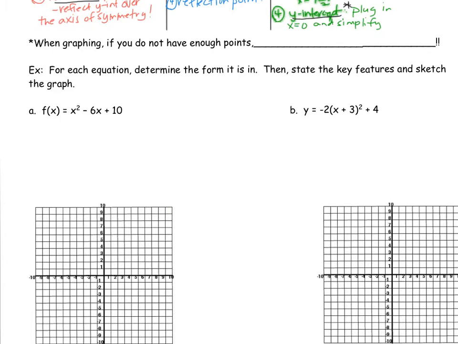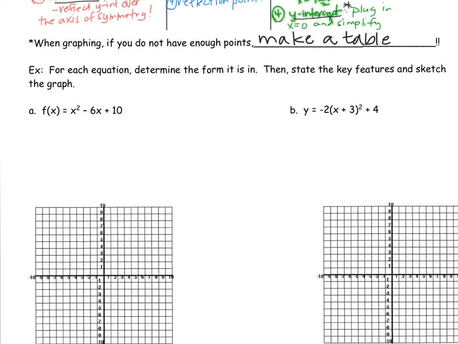These processes should be fairly straightforward with every example we look at. However, sometimes when you're graphing, the information above just doesn't quite give you enough points. When that happens, you can make a table and plug in additional points. And that's a rare occasion. That won't always happen. All right, let's put this to the test, everybody, and try some examples for graphing quadratic